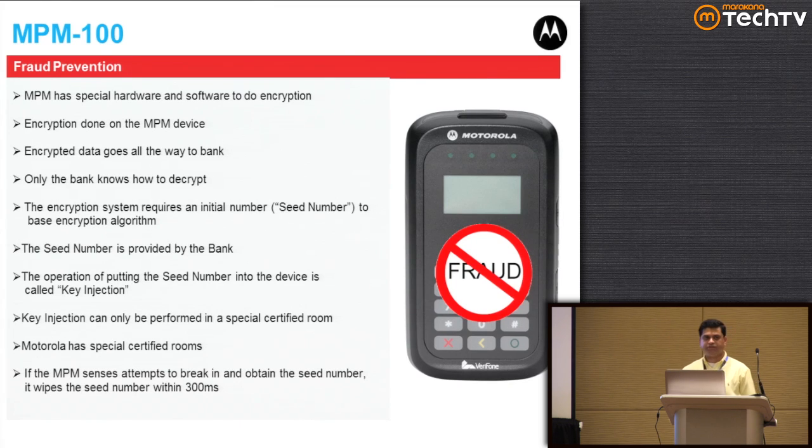Fraud prevention. This is the biggest question. How easy is it? How hard? So there are a bunch of things that happen. Encryption is one of the big things. Encryption is, once again, dictated by the issuing bank. Sometimes the countries may have certain requirements. Basically, the issuing bank says, I want you to use this encryption,